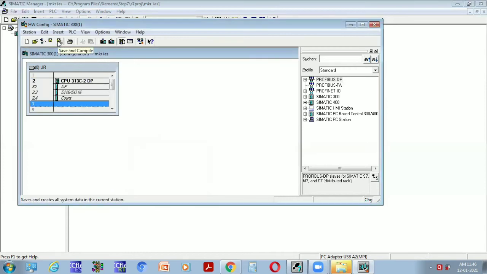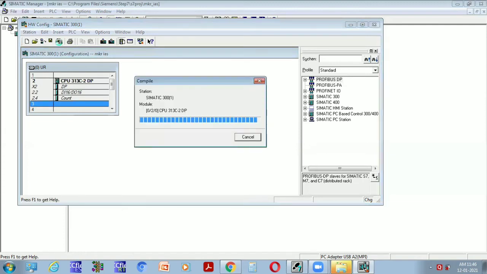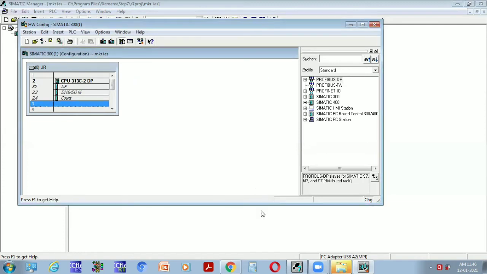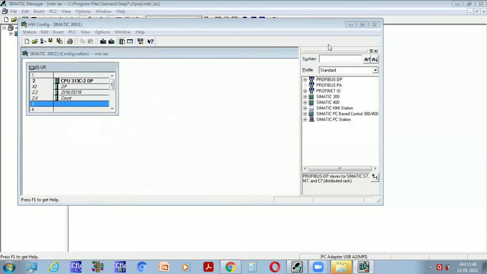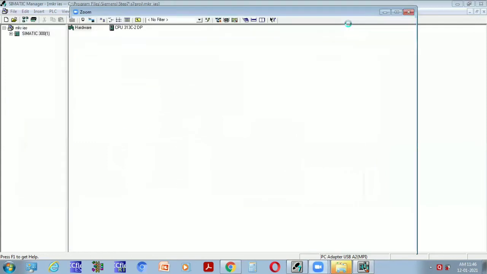Next, click on Save and Compile. So this is the Save and Compile option. Click on Save and Compile. Next, minimize the hardware configuration window.